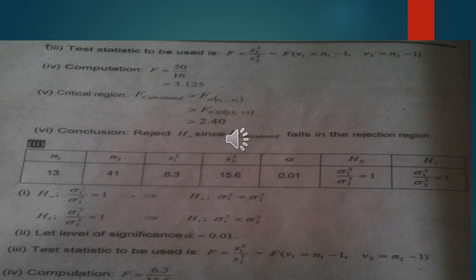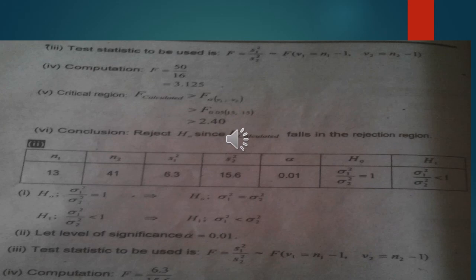Similarly, in z-test we have a z table relating to the 5%, 1% and 10% level of significance, but in F test we have a separate table for separate level of significance. At 5% level of significance we have a separate table, and at 1% level of significance we have a separate table. So for the level of significance 5%, you will see V1 and V2,